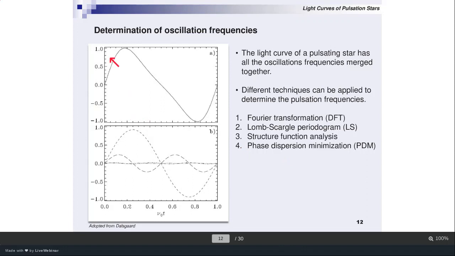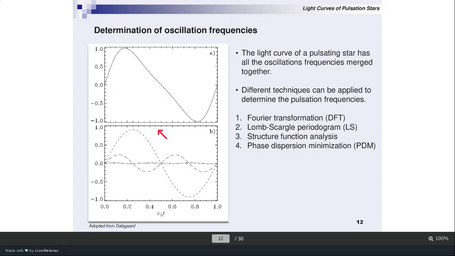And this is the light curve. Now we have only one tool, only one way of determining all these oscillation modes, that is the light curve. If you look at the pulsation light curve of a pulsating star, the light curve is sometimes very simple, sometimes very complex. Even in this light curve you can see a very prominent oscillation. Of course that is the main oscillation, but when you look carefully, there are some slight bumps off the light curve. So that means within the main oscillation, there are some small oscillations as well.